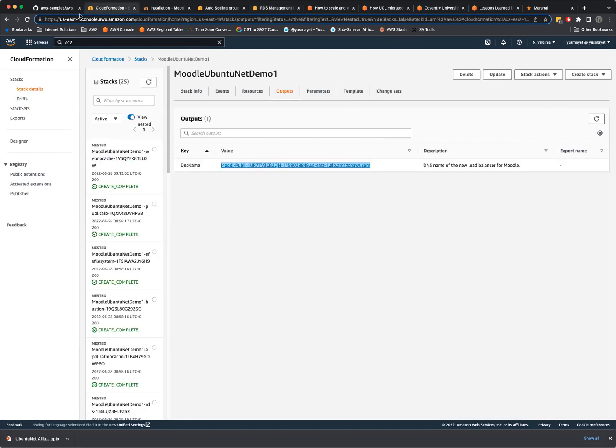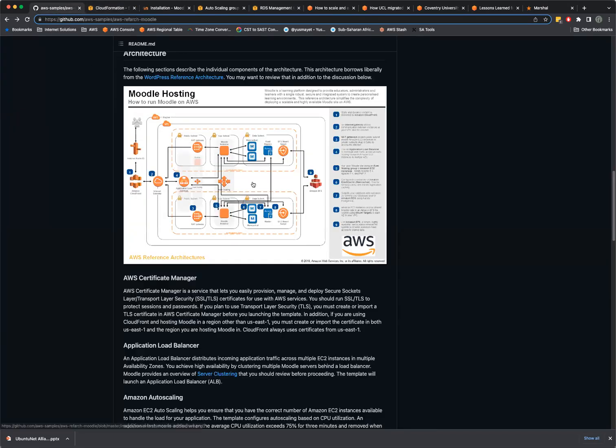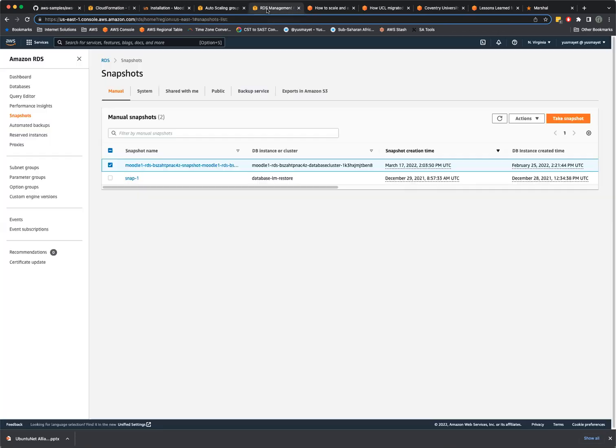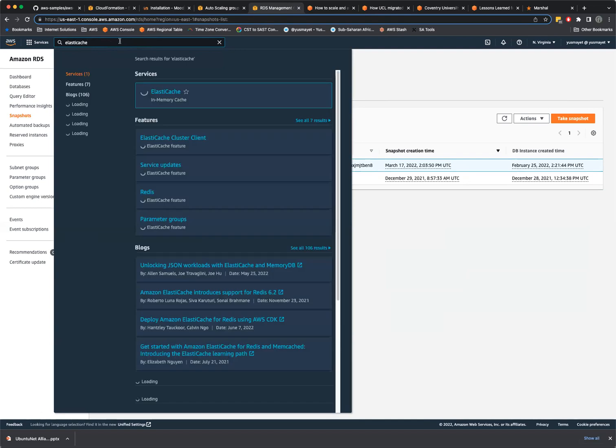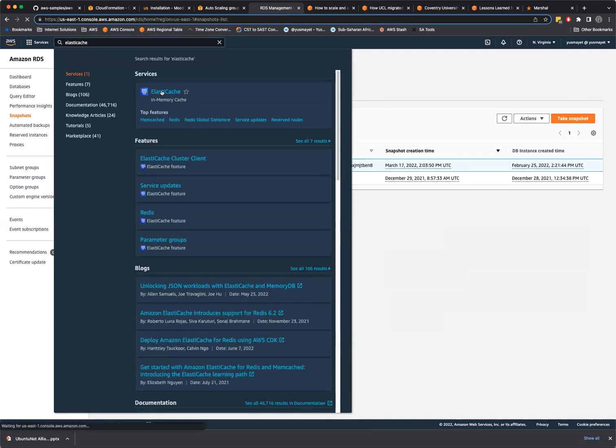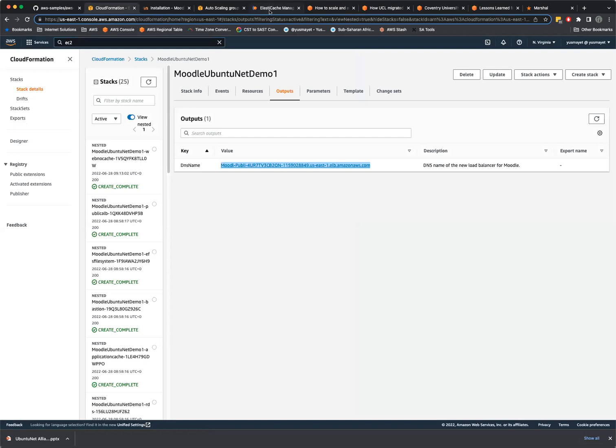Okay, so we've discussed up till the database. Now we can look at the caching tier. In this case, we're using the ElastiCache server. So ElastiCache is a fully managed Redis or Memcached service that AWS manages for you. You just tell it what flavor you want, either Memcache or Redis, and via either the console, like I'm doing now, or the CloudFormation infrastructure as code,